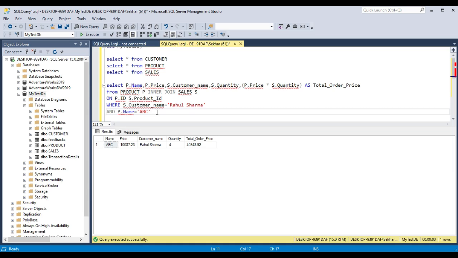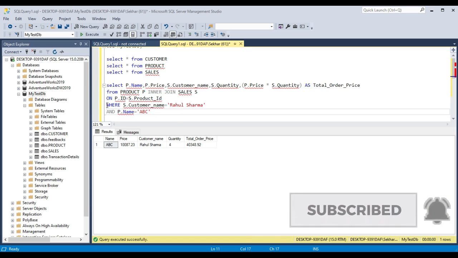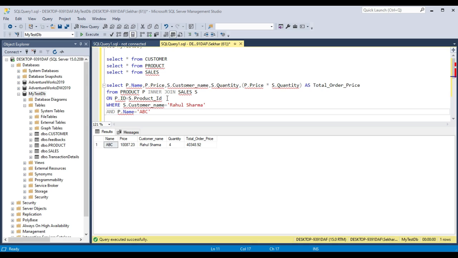So based on your requirement, you can use all other clauses like order by, group by, and even here we are multiplying. You can also use count star, average, sum, all kinds of things that you usually do in a single table operation. So you can do all those things while you are taking a join as well. Okay, so there are no restrictions. I hope you got an idea what a join in SQL is and how it works.